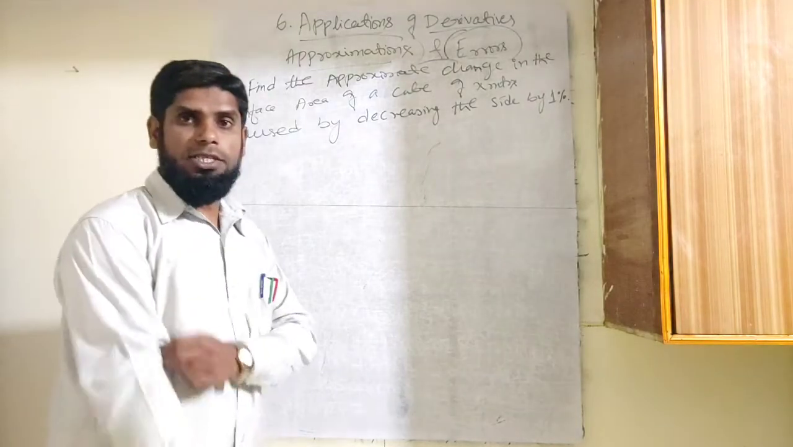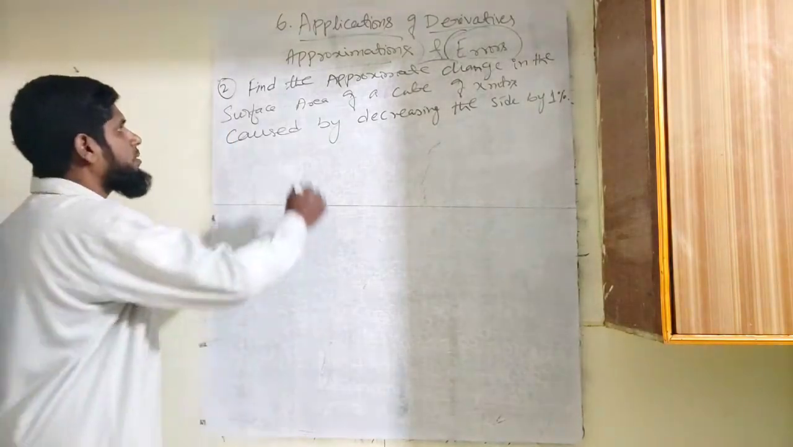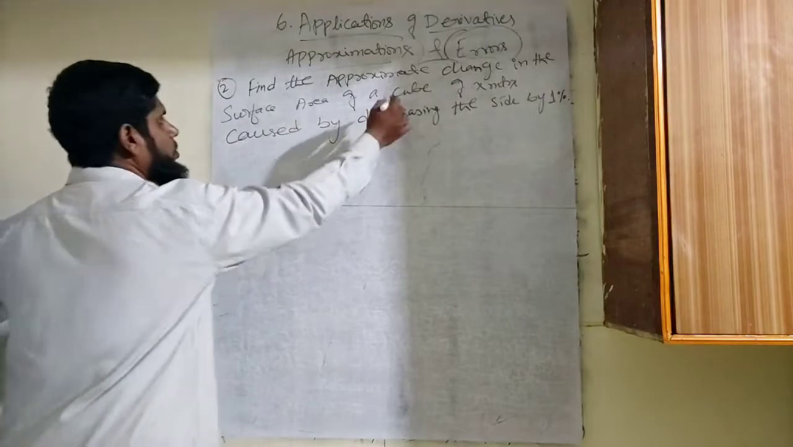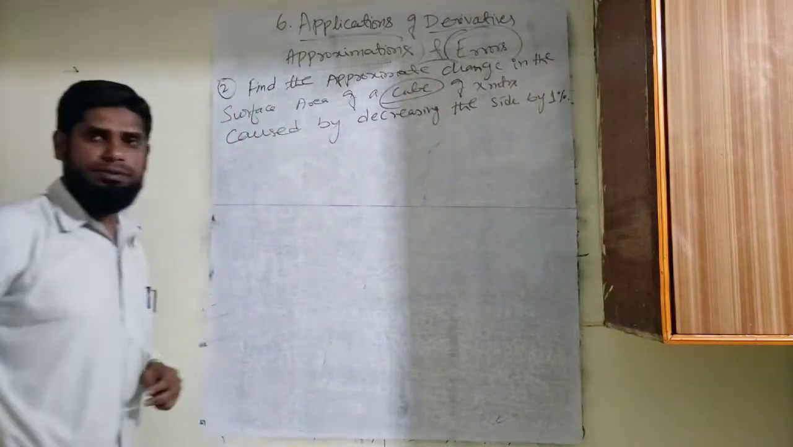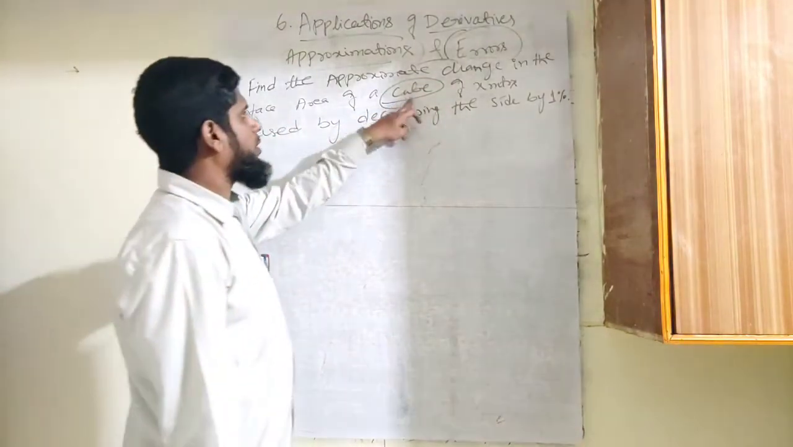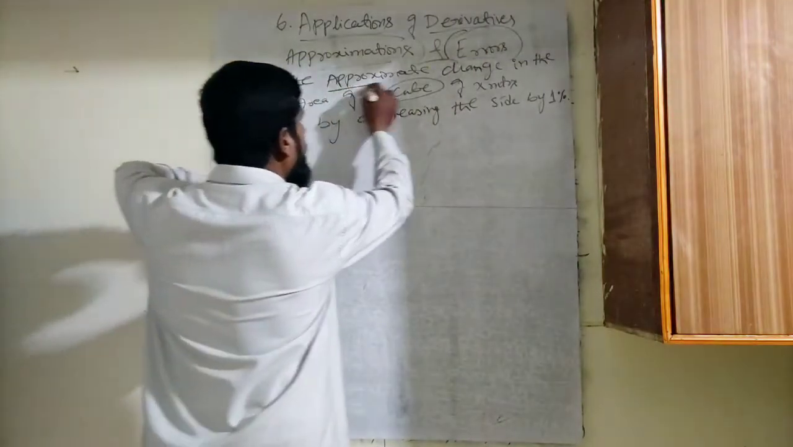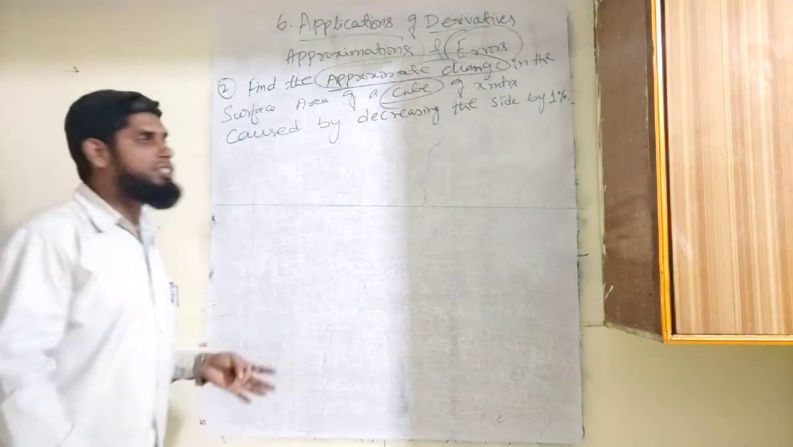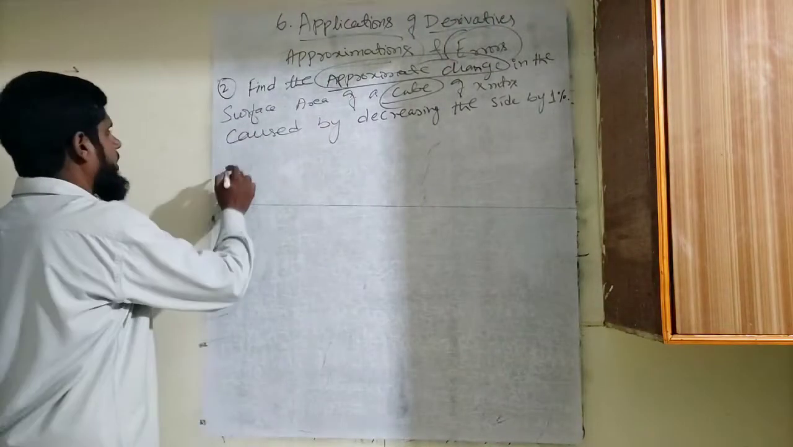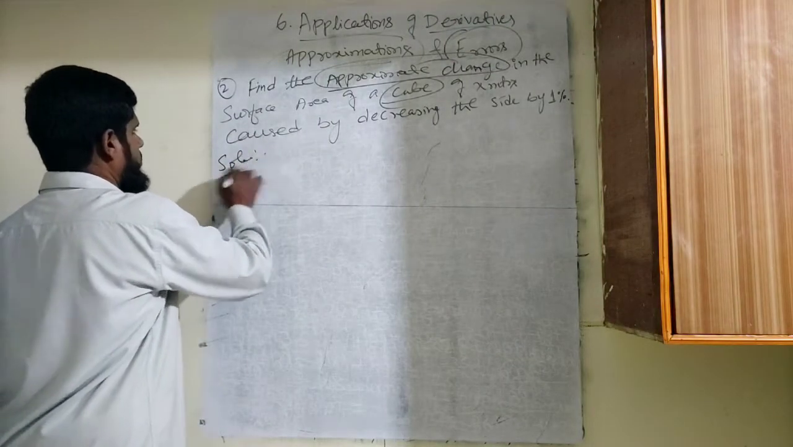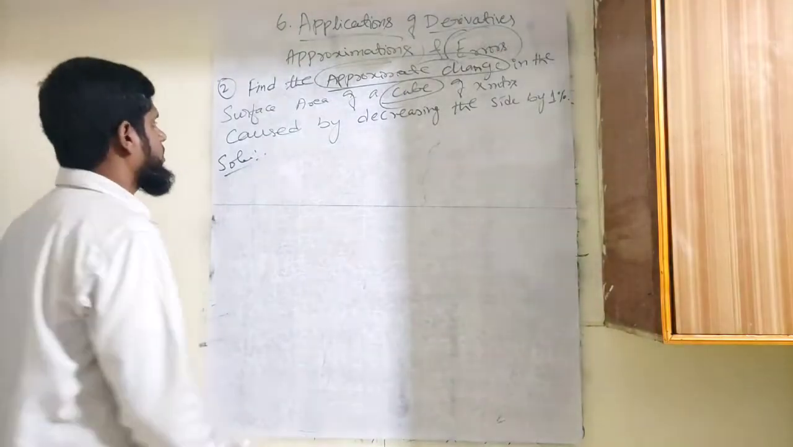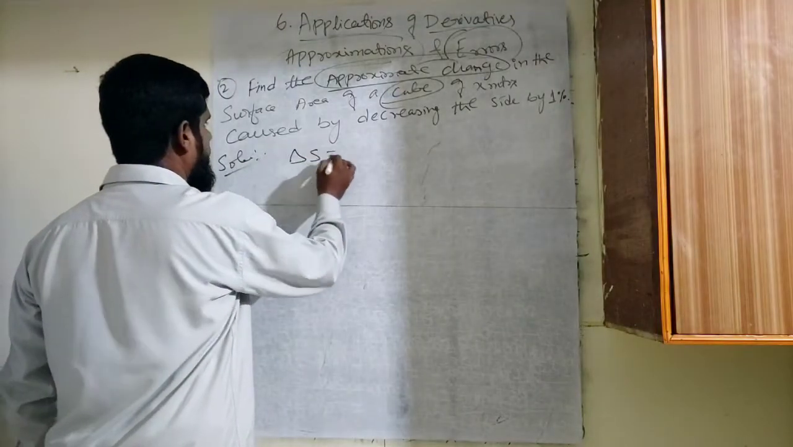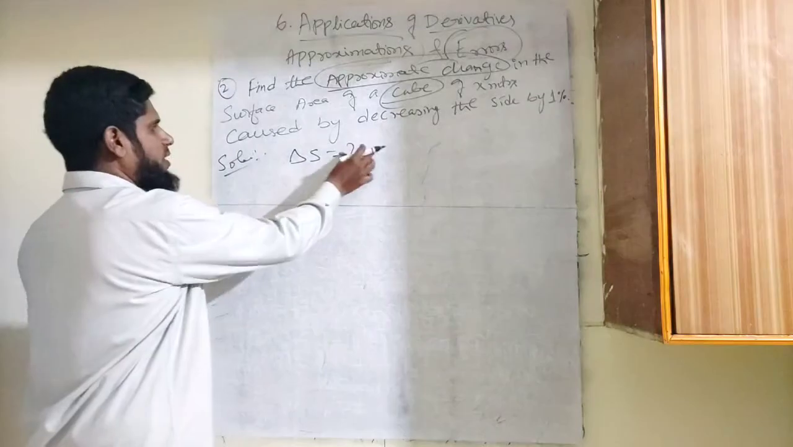Okay, student, it is quite similar to the previous problem because it is also related to a cube. It is related to a cube, and again he used the word approximate change. Approximate change means again change in the surface area. So let us see what are the things he has given. He is asking us to find delta S, where S is the surface area